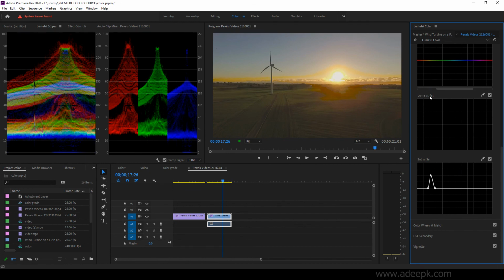So the difference between this is that before, only the brightness value was changing. In this, the saturation value is changing. As we pull it down, it's decreasing. Pull it up, it's increasing.